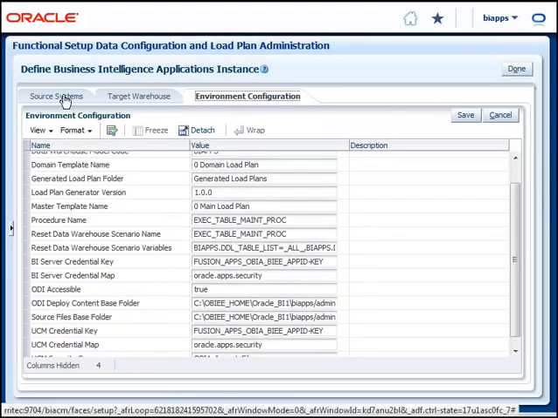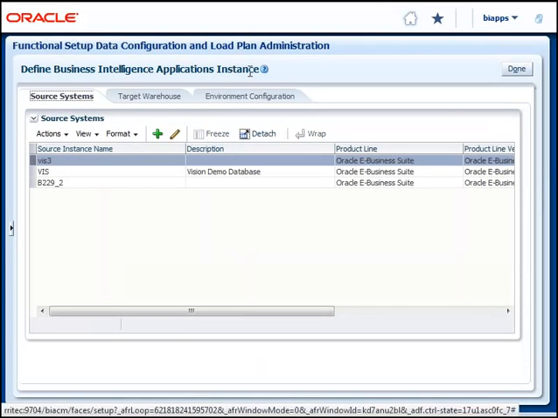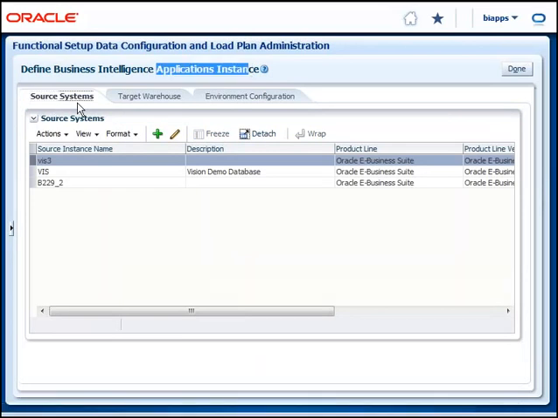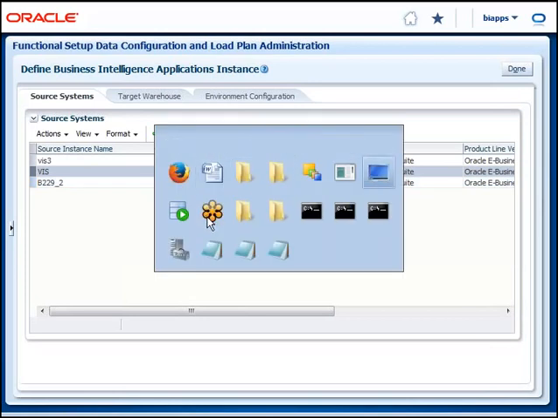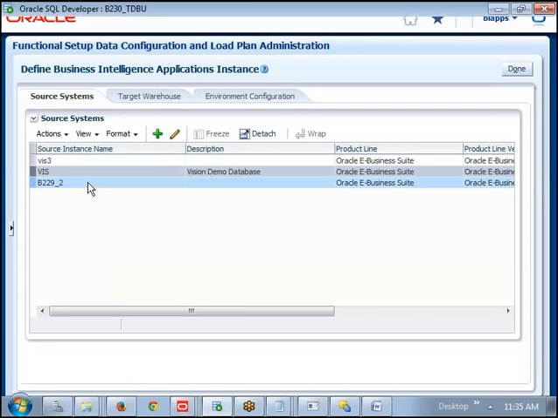Only one thing we are going to touch in the business intelligence application instance, and that is called source systems. Remaining all things are observation only. In our laptop or in our lab also, if vision is already configured, just observe the properties, just understand that, you do not create a new one. And whatever you are doing here is in fact stored in the backend in some tables, BIACM tables. If you go and see the backend,